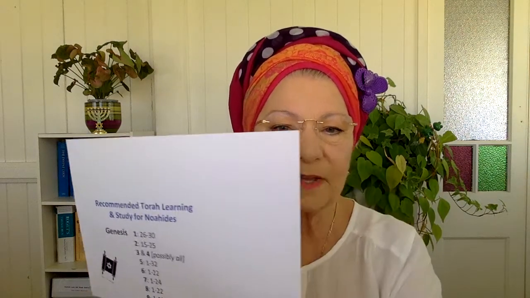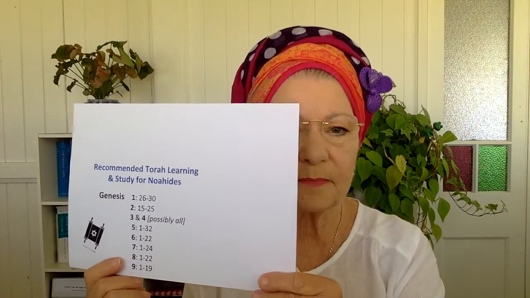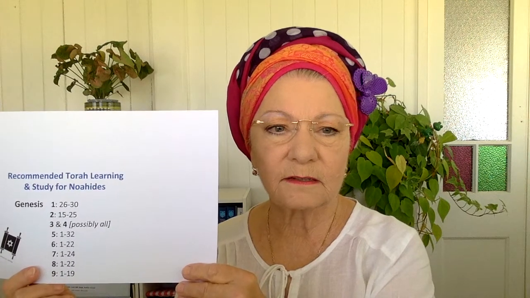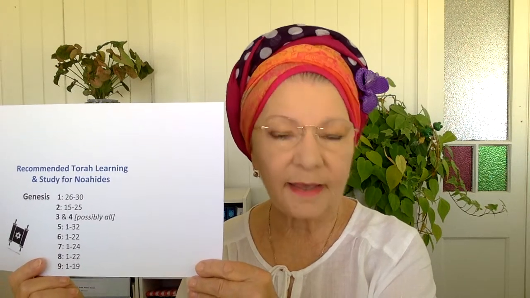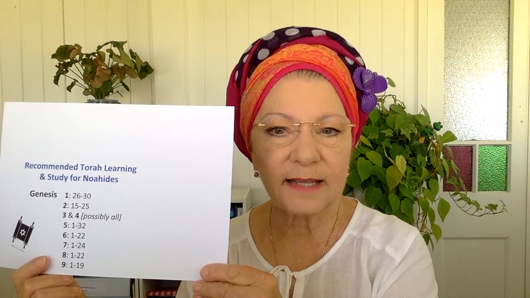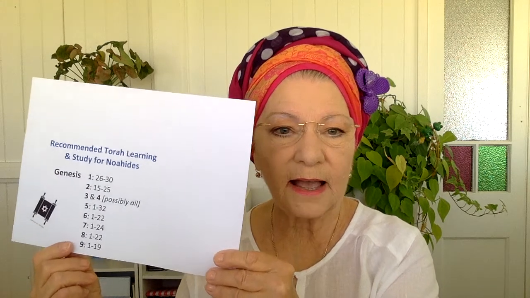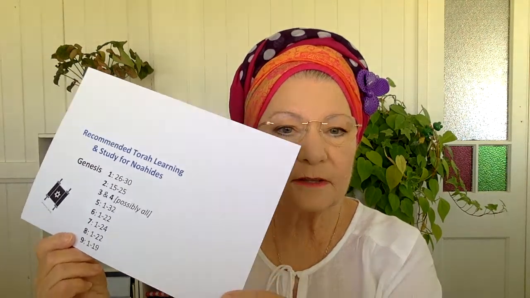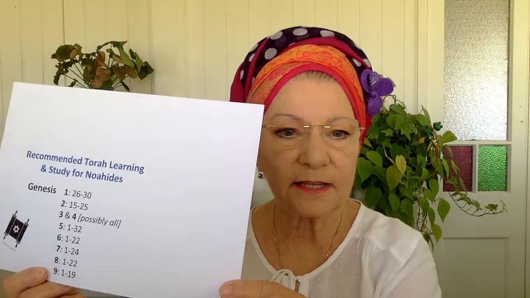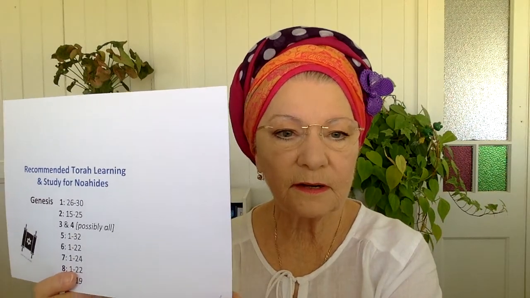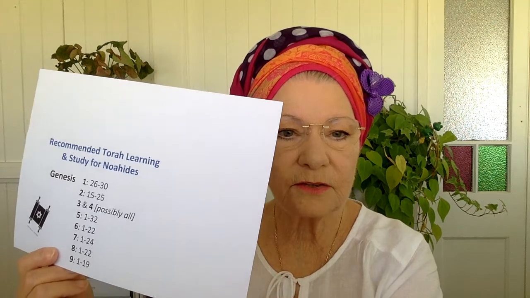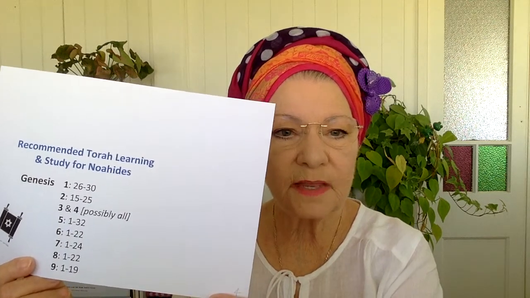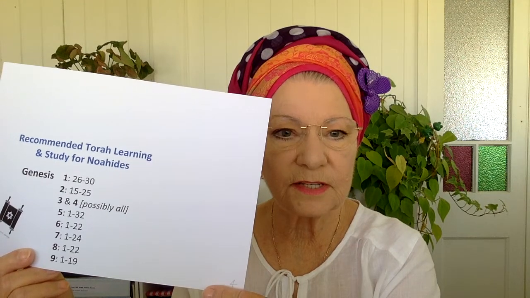Now, we have to be aware of what the recommended Torah readings and study are for Noahides and Gentiles. That's contained in Genesis, and I've written a list here of the chapters and the actual verses, and I'd like to get that in a bit closer for you. And you can see here we're looking at Genesis chapter 1 verses 26 to 30,